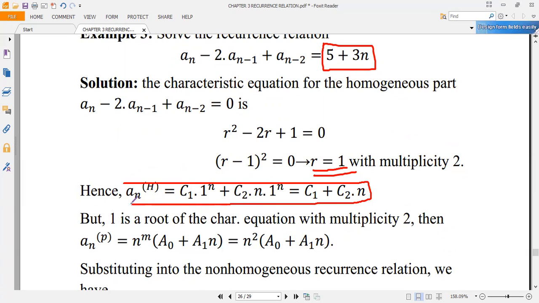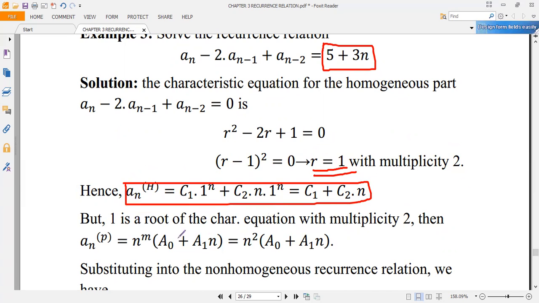The solution to the homogeneous part is C1 times 1 to the power of n plus C2 times n times 1 to the power of n. Since 1 to the power of n is 1, C1 plus C2 times n is the solution to the homogeneous part. Now, to find the solution to the non-homogeneous part, since 1 is the root of the homogeneous part,